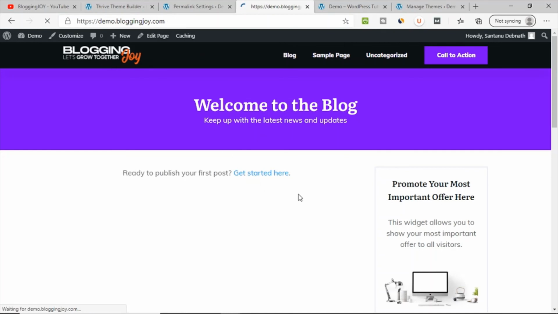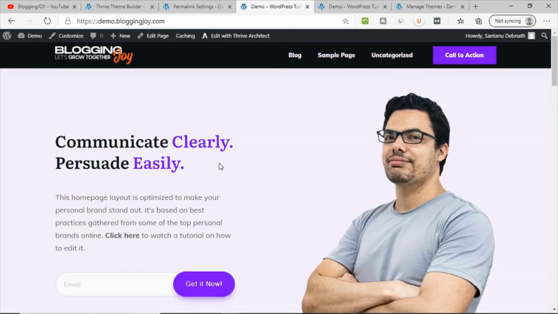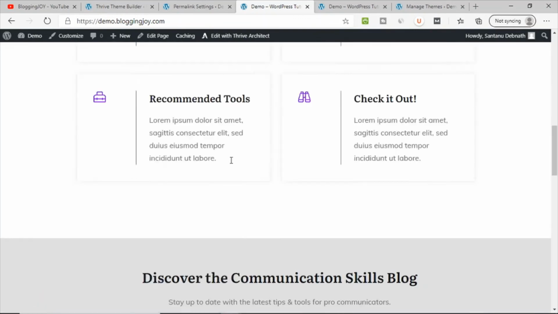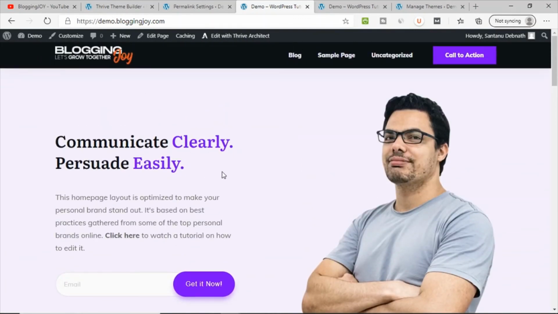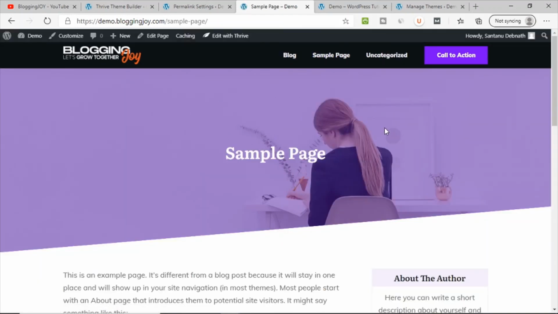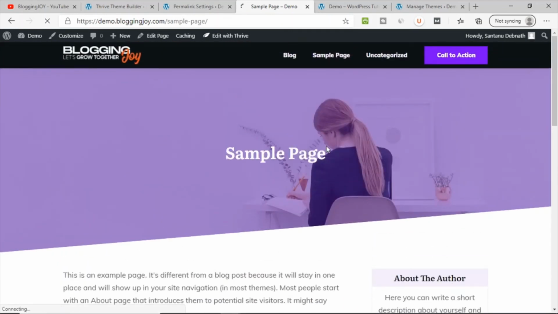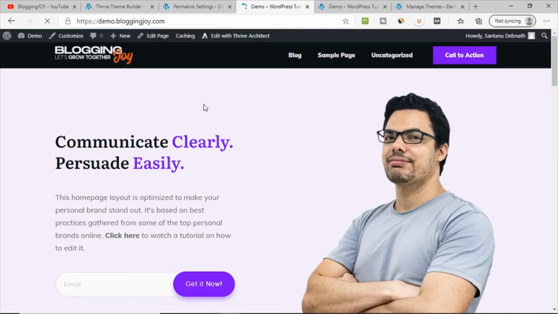So this is all about how quickly and easily we can create a complete website with the help of Thrive Theme Builder. This is really easy. Now you can customize the entire page. Let's say this is a sample page. If you want to change the existing page design, you can change it. Otherwise, whatever pages you create will automatically take the template and create a page like this. If you want to change the post template, right now we do not have any post, but that also you can change. If you want to create a custom post template, that also you can create separately.